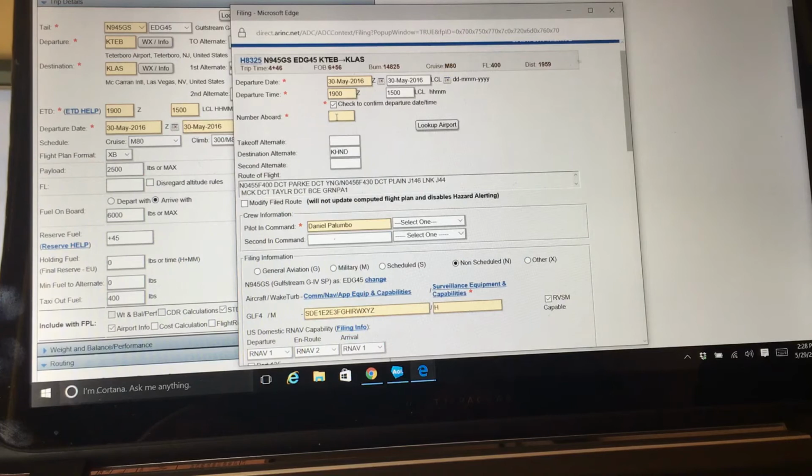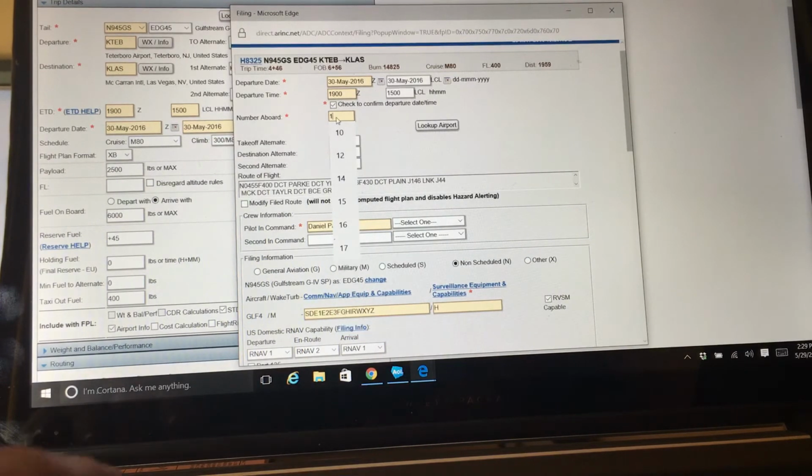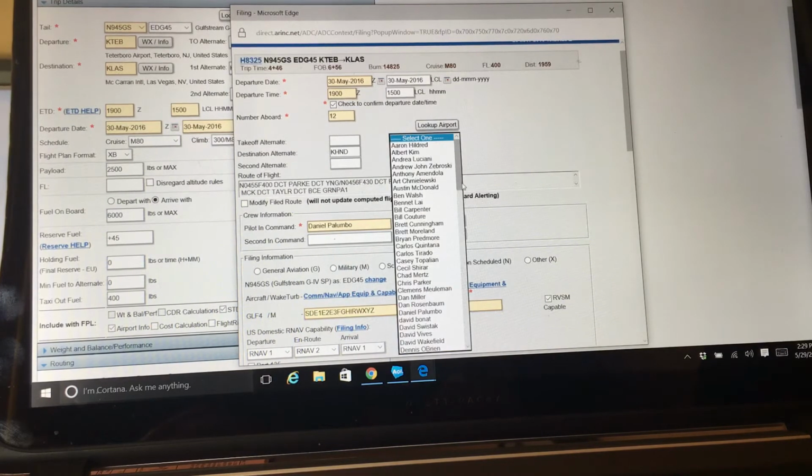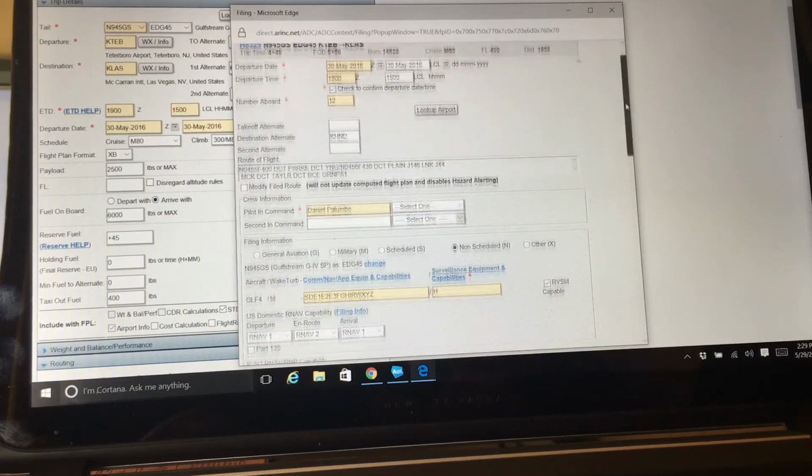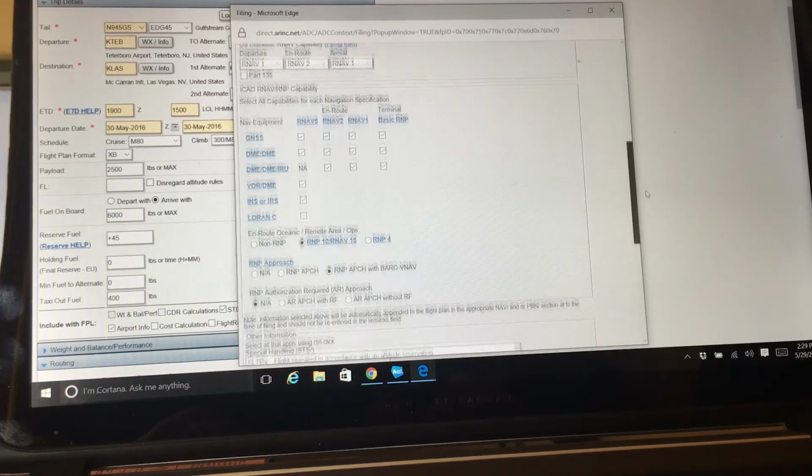So we'll click that. Number aboard, we'll say there's 12 on board, and that includes the pilots and the flight attendant. Your pilot in command, you can select here, and your second in command, you can select from a list of different pilots that are available. Bring it all the way down to the bottom,